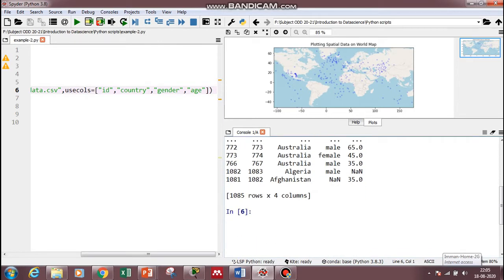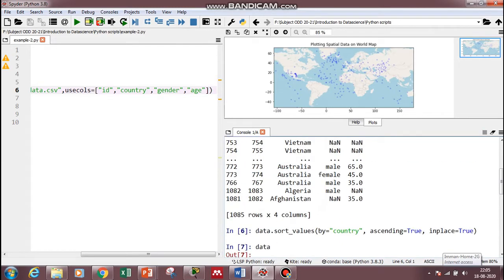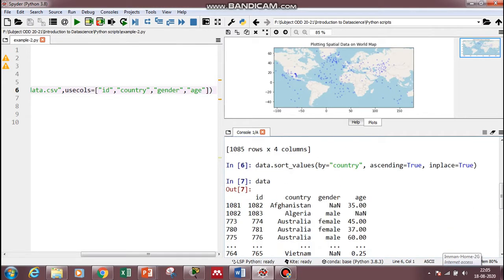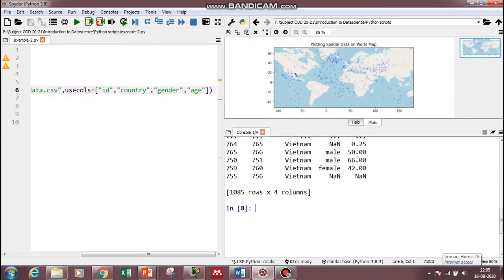So the same command we will give, and we will check by giving ascending is equal to true. Now we can see that the data frame is sorted in the ascending order. Now suppose I want to give inplace is equal to false.